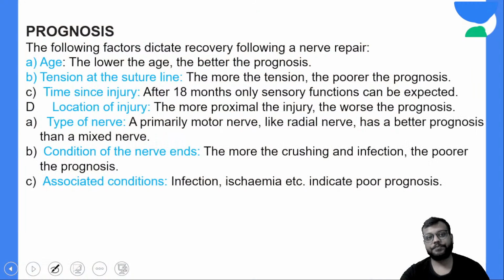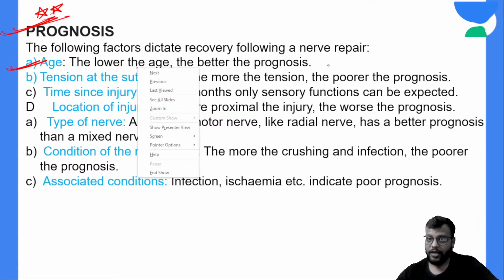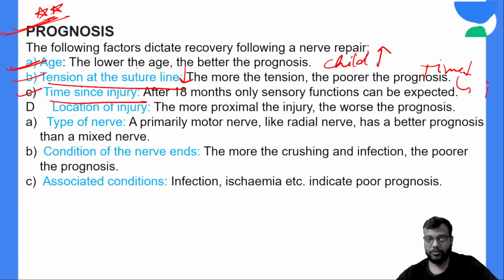Okay, now this is important: prognosis of nerve injuries depends on certain factors, and we will discuss these factors individually. First, age: the prognosis is better at a lower age, that is, in children the prognosis is good. Tension at the suture line: if the tension is more, the prognosis will be poor. Time since injury: the shorter the time, the better the prognosis will be. Location of the injury,